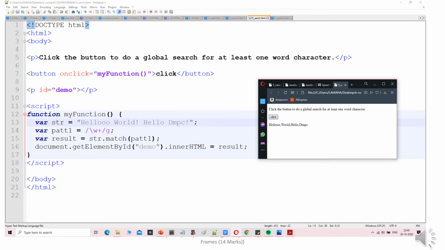Okay, then this is the pattern patt1 equal to /\w+/g. So the result will be printed here where result is equal to str.match(patt1), and after executing this code it will display hello world hello DMPC, means it will search all the characters globally. That's why it will display as it is hello world hello DMPC.